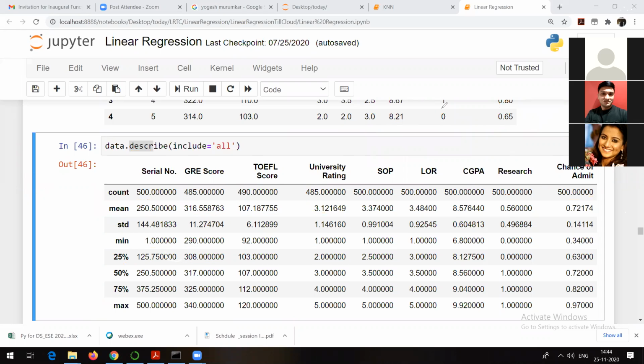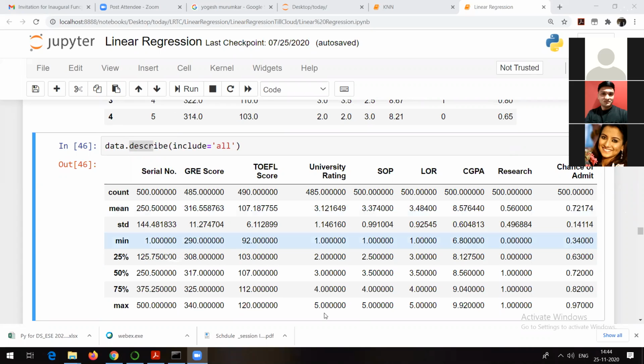So what describe is giving us is all these values: quartile 1, quartile 2, quartile 3. Percentile actually divides data into 99 parts, and quartile divides data into 4 parts. So this kind of information you get just with the help of the describe command. As we have done in our hands-on, you might have used something called summary, something similar to that in R. I hope everyone is able to understand that.